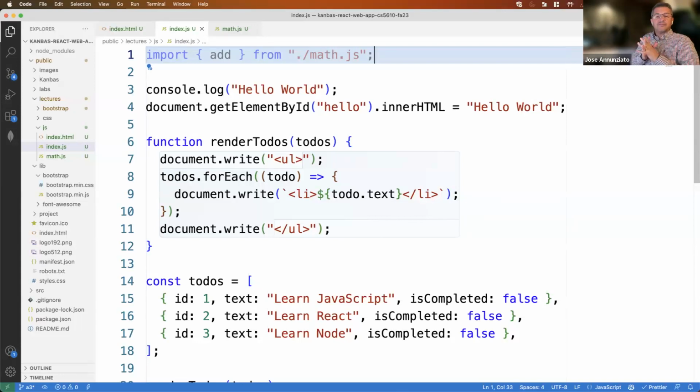Before 2015, the keyword import didn't exist. There was no way of breaking out JavaScript modules. You could write multiple JavaScript files, sure, but once you loaded them in using script source, if you had variables or functions with the same name, they would override each other. So it was very hard to write very complex JavaScript code if there was no way of breaking up the namespace. Now in languages like Java and C#,